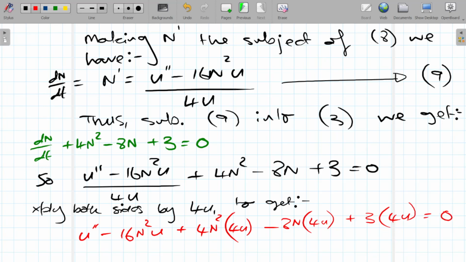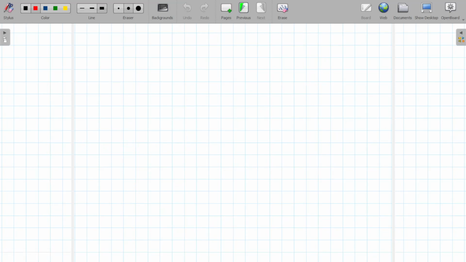Okay, so simplifying, we get u double prime minus 16n squared u plus 16n squared u